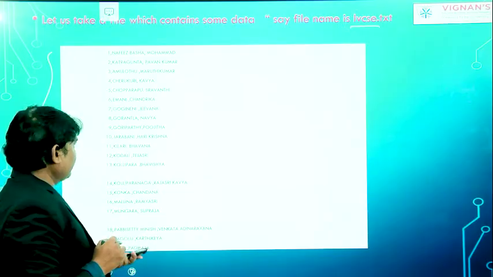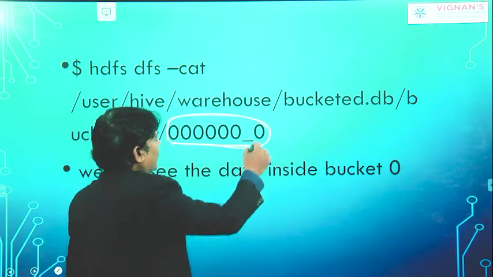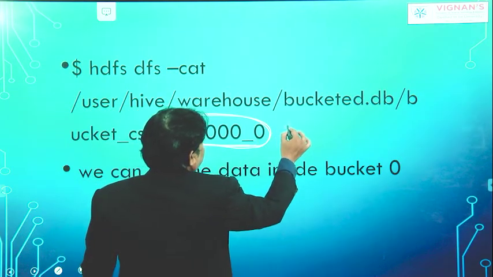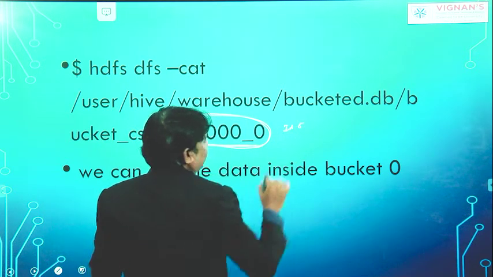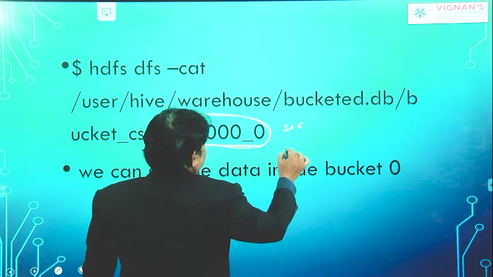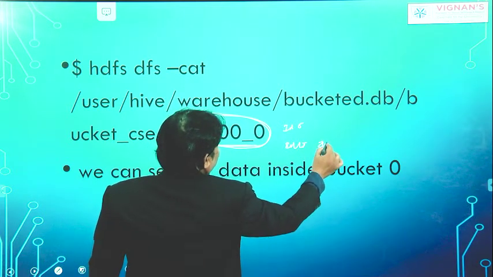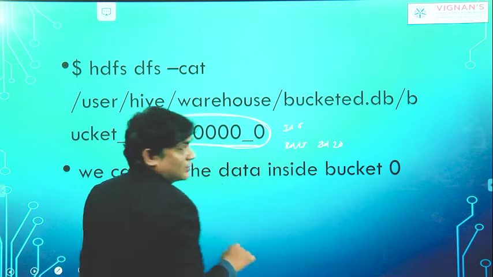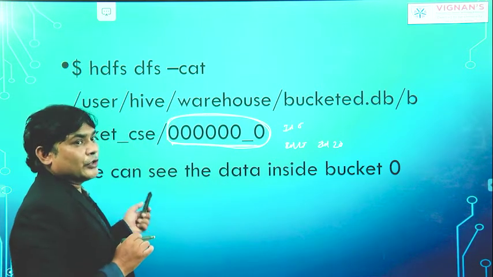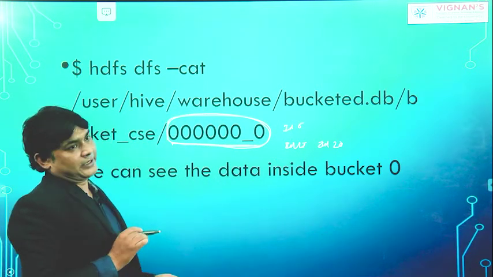If you give this command, in this bucket number 0 we can find the information of ID 5. If you see ID 15, you can find the information in this bucket like that. If you have ID number 20, we have the information in this bucket. So how many buckets have we created here? Totally we created 5 buckets.